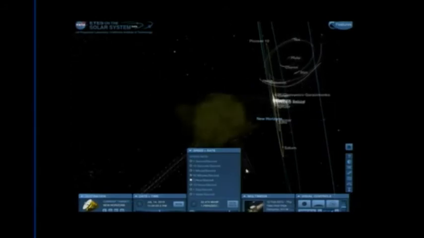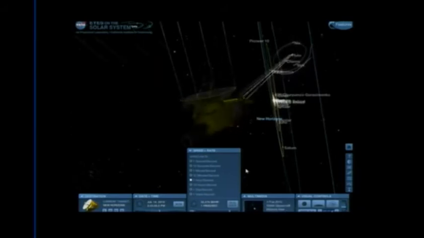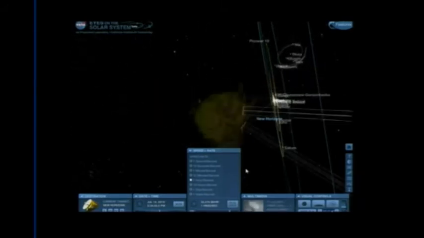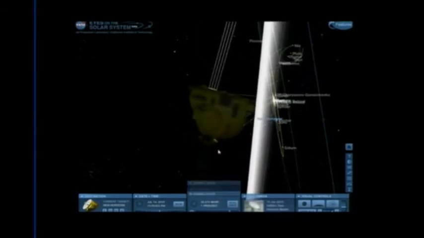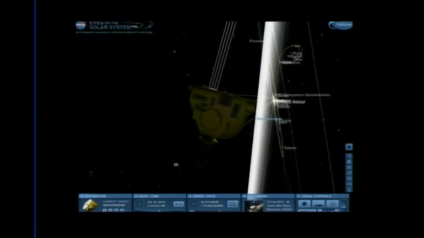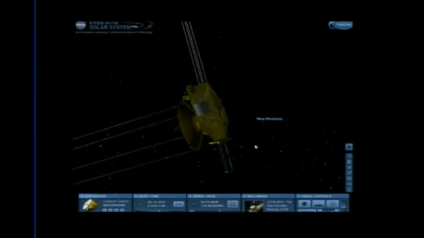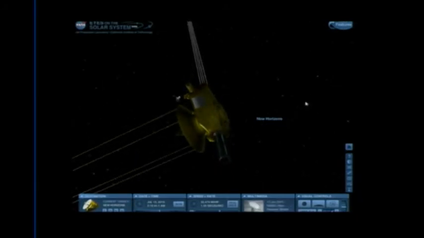There we go. You see what it's doing there? It's taking images of the various bodies, and then it turns toward the Earth, and it transmits back to Earth. So you get the idea. Now, when this is happening in real time, you're going to be able to watch it. So you're going to be able, and we'll have a little note up, taking a picture of Pluto, taking a picture of Charon, right?